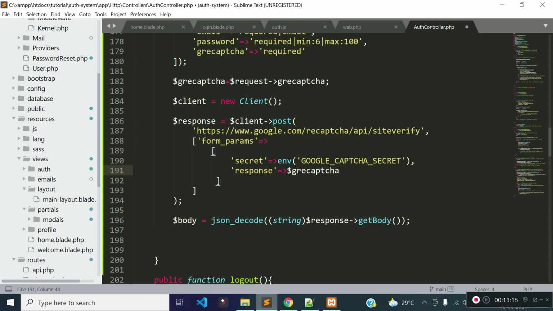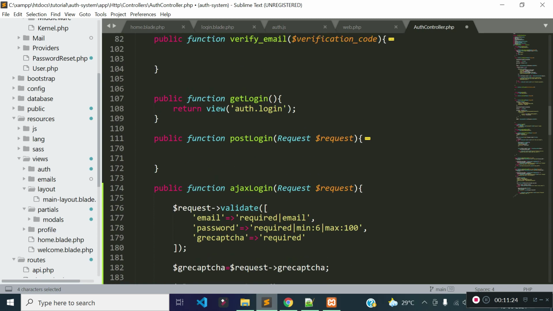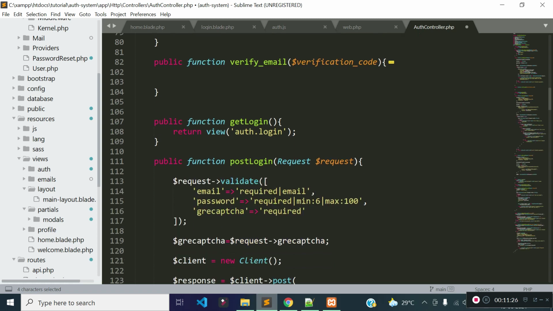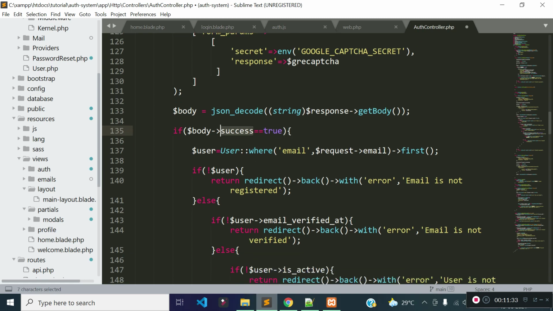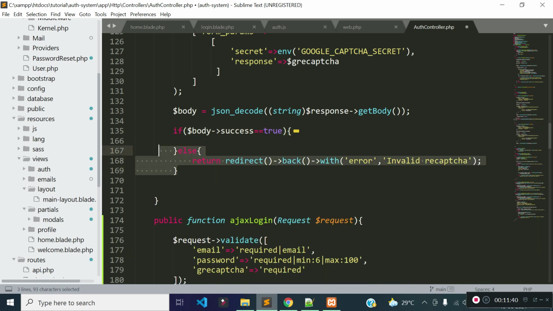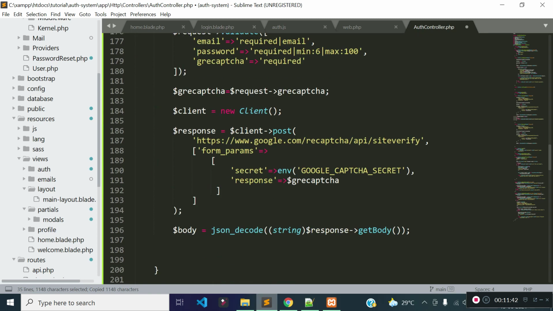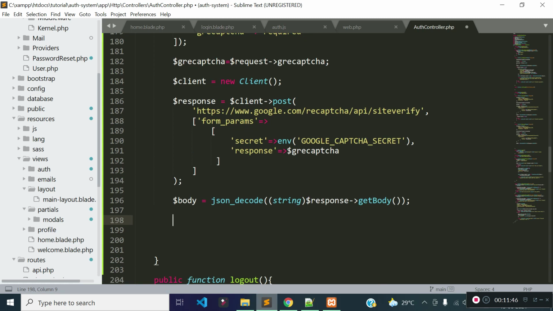Then I store the Google reCAPTCHA response body in a variable called $body, and check whether the key success is true or not. If the success key is true, that means our Google reCAPTCHA response is valid. So let's copy the code from the post login method and paste it here.